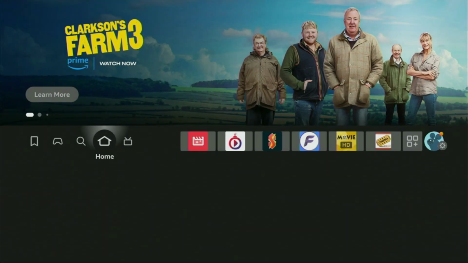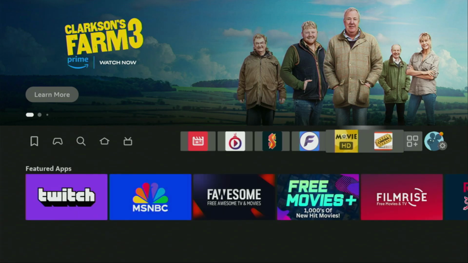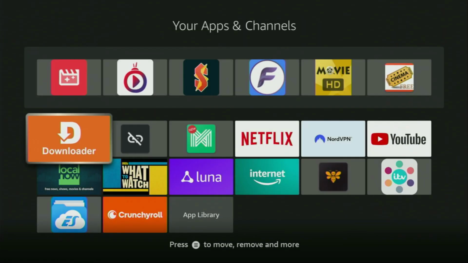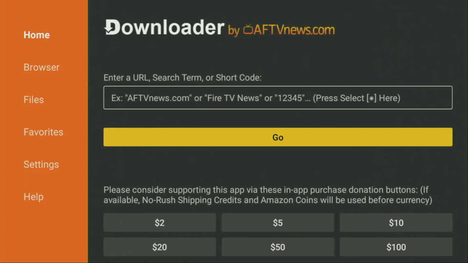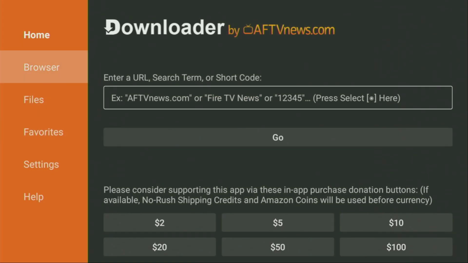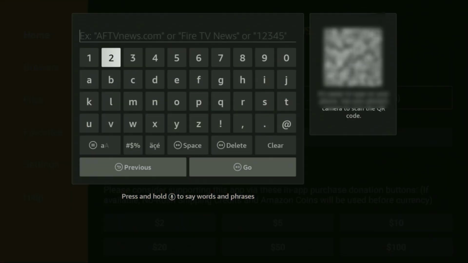And now, finally, let's use Downloader safely. So we're gonna go to the list of apps, open up Downloader, wait until it opens for you, and then here on the left side menu, it's very important that you click on Home and not on Browser. So once again, make sure that you have clicked on Home, and then in the search bar, we'll need to enter a code, which is going to be